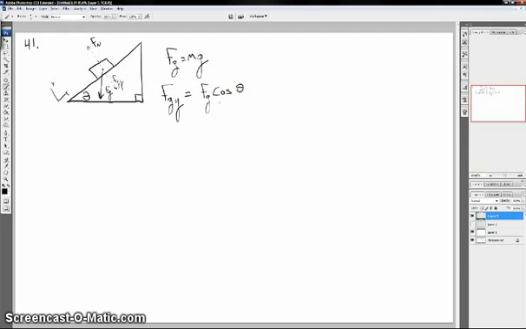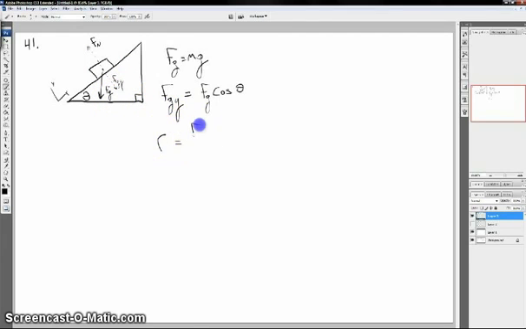In this case, the normal force is also equal to the y component of the force of gravity. It's just in the opposite direction. If that wasn't true, then the net force wouldn't be zero, and the object would be accelerating up or down on the incline, and that's not what's happening. So the ratio here